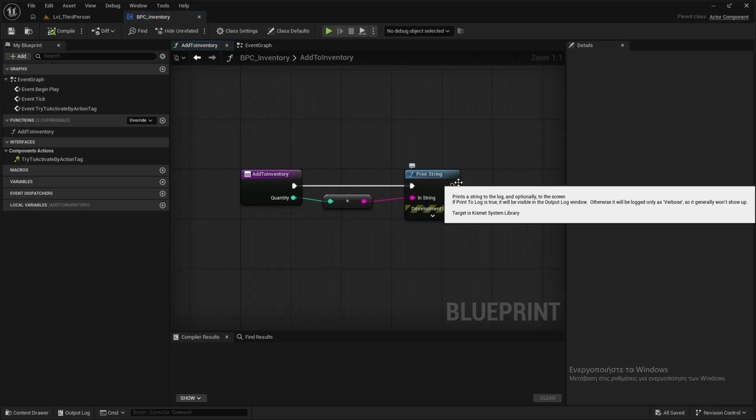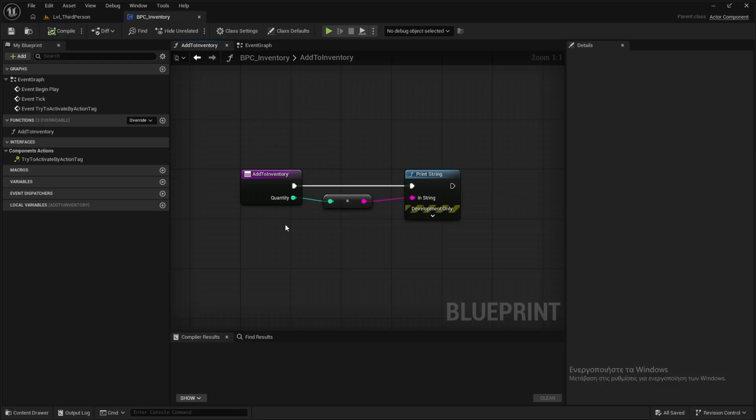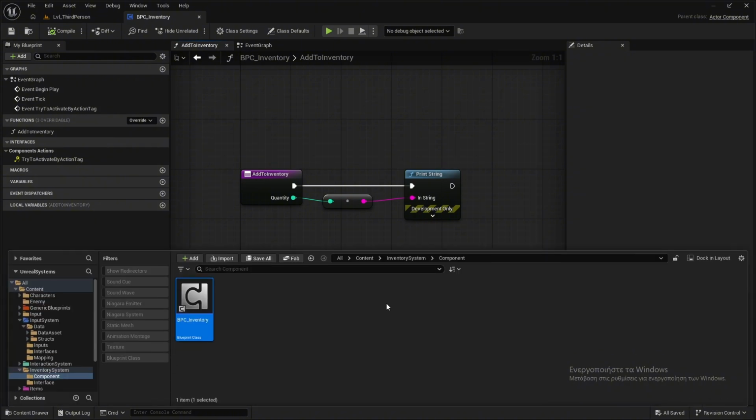So the add to inventory is just simply a print string to debug things for now. And the first thing that I'm going to do is, first of all,